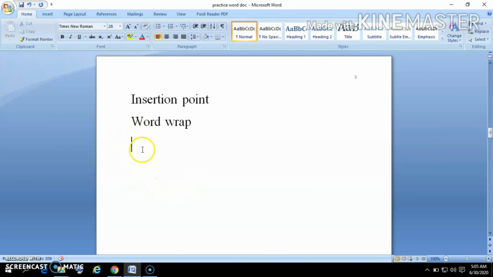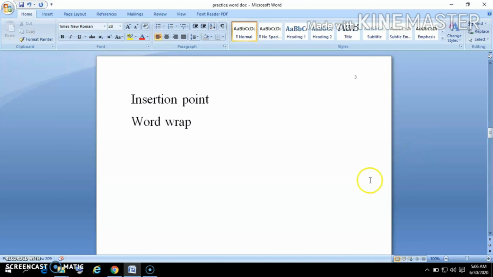This is the insertion point. The cursor is blinking here. If I press the enter key, the cursor comes to the next line. Now this is the insertion point. This is what the insertion point is, from where the text we type will appear in the document.